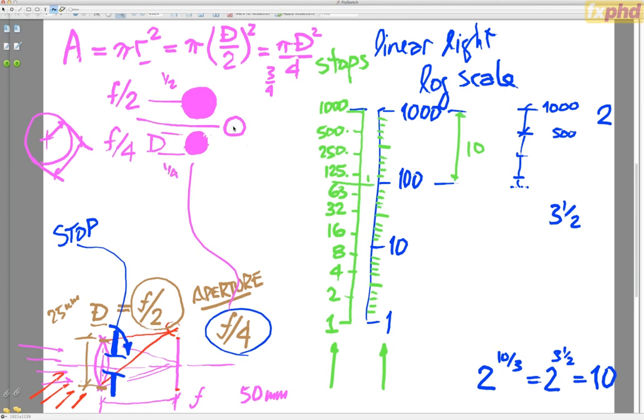We need to pick a diameter which is midway geometrically between those two. And that diameter works out to be 2.8. It's 2 times the square root of 2. And so it's the 2.8 setting that, if you had the same amount of light coming in through all 3 of these apertures,